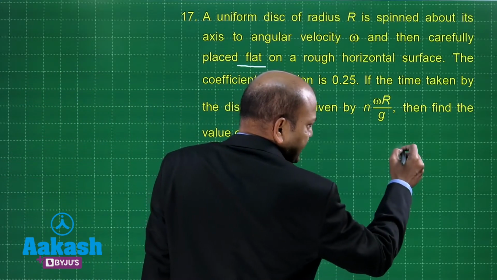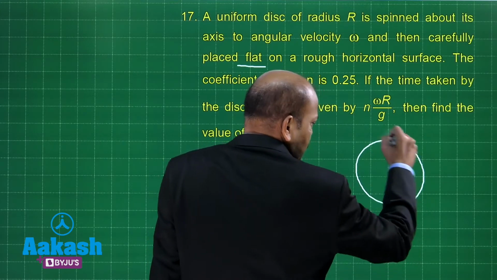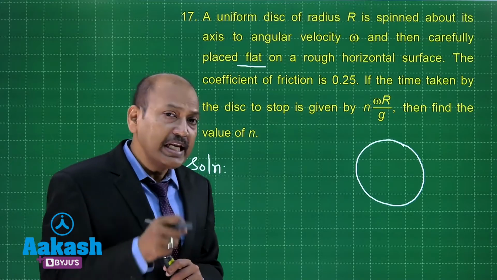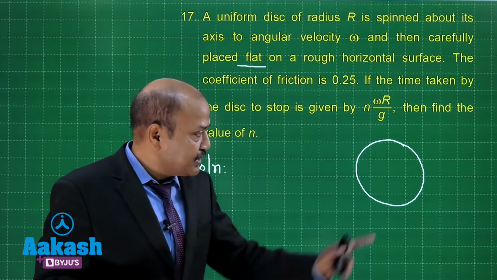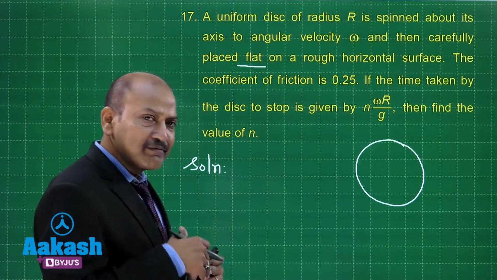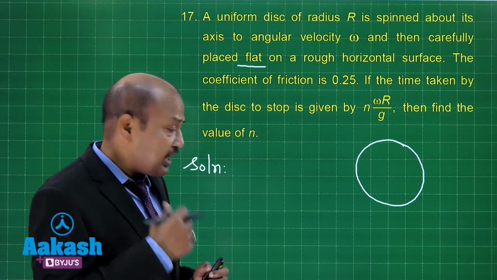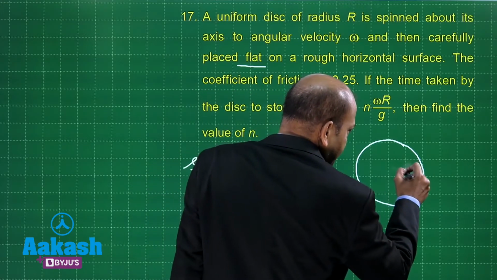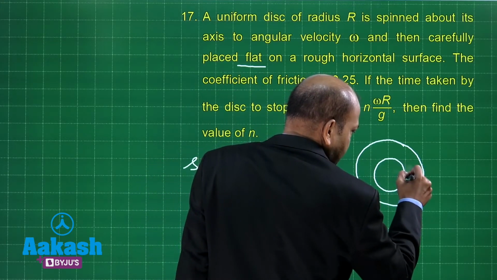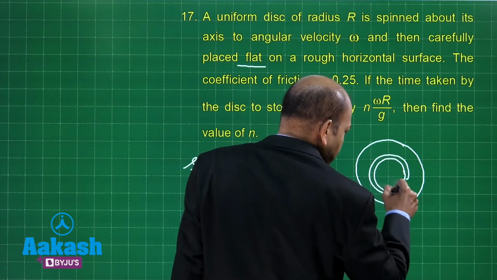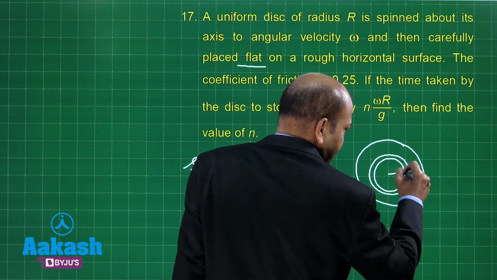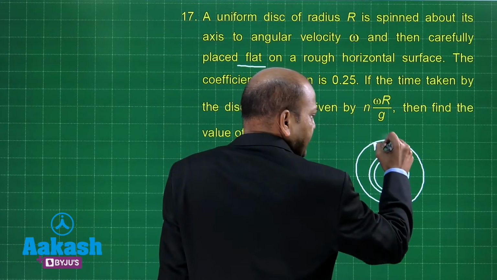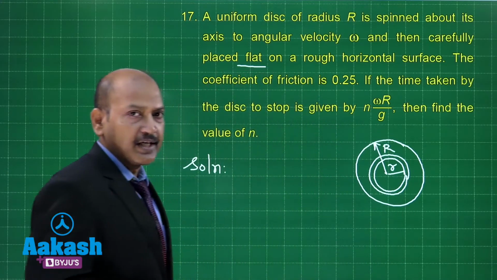Well, first of all, let's say that this is the disc. Assume that this is the disc, and we consider a small circular element of this disc. The radius of that circular element we can take as small r, and the radial width as dr. So, this is the element we are talking about. Remember, this is lying flat. Its radius is small r, width is dr, as I said, and the radius of the entire disc is capital R.